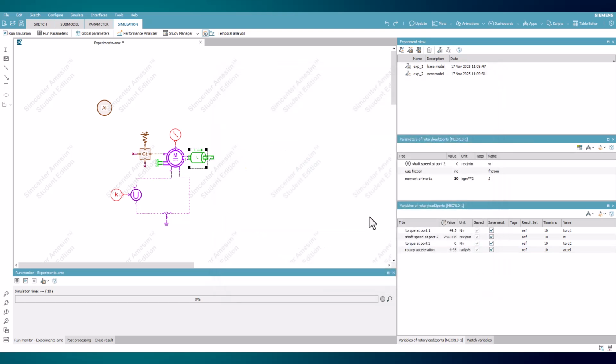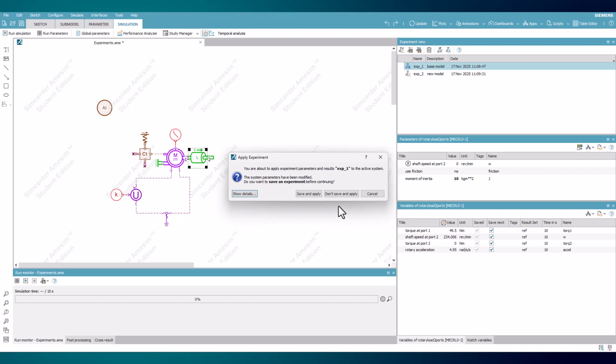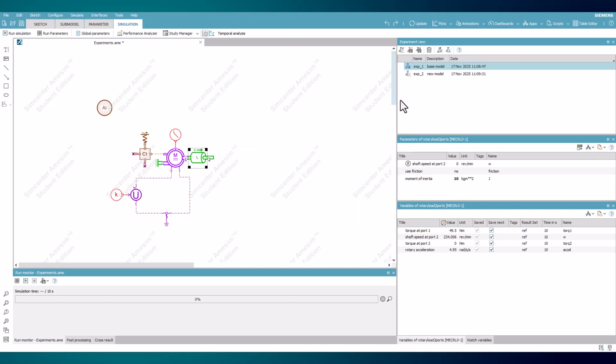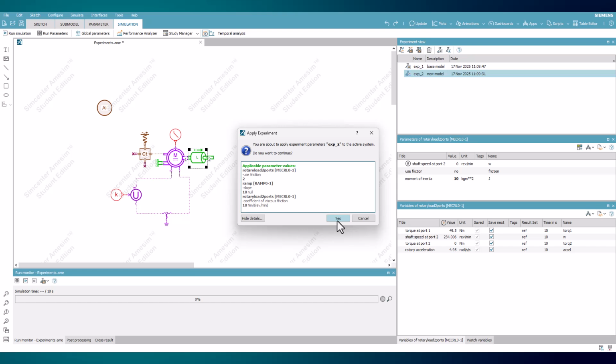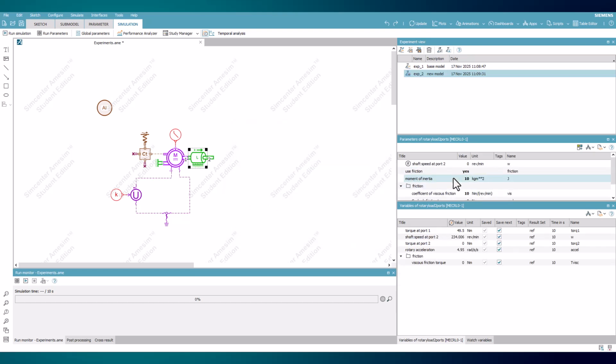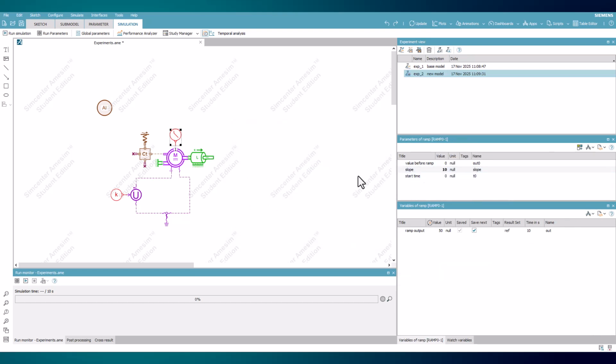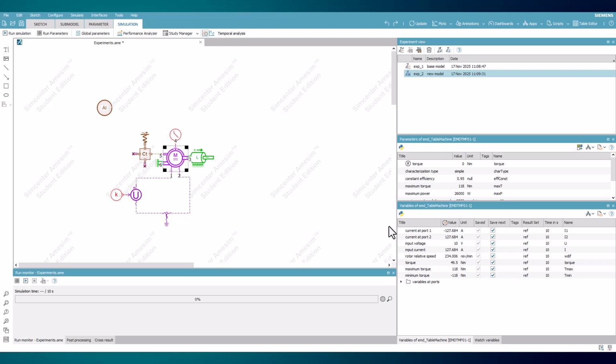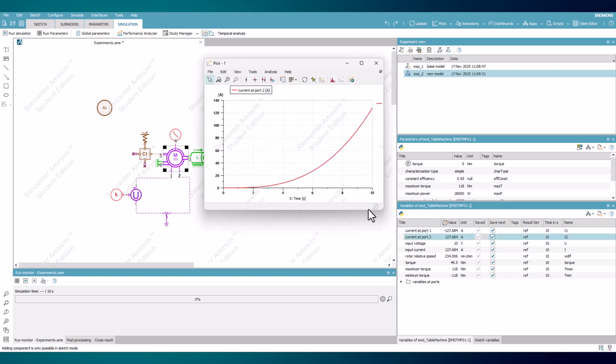The last option is to apply parameters of a selected experiment onto the open model. With experiment 1 open, select experiment 2 from the window and select this option. After confirming, the new torque command and friction on the shaft are present within it. A simulation will still need to be run after doing this to analyze the new results with these parameters.